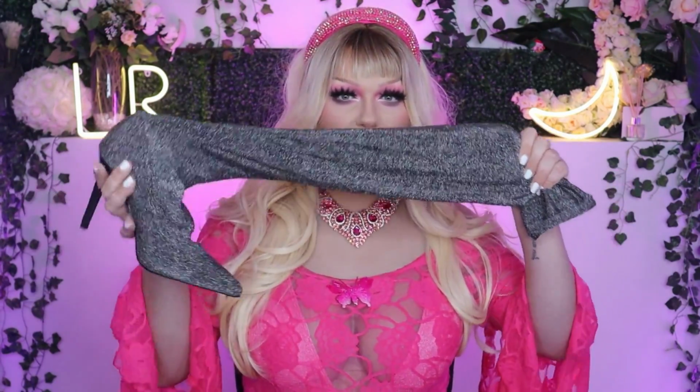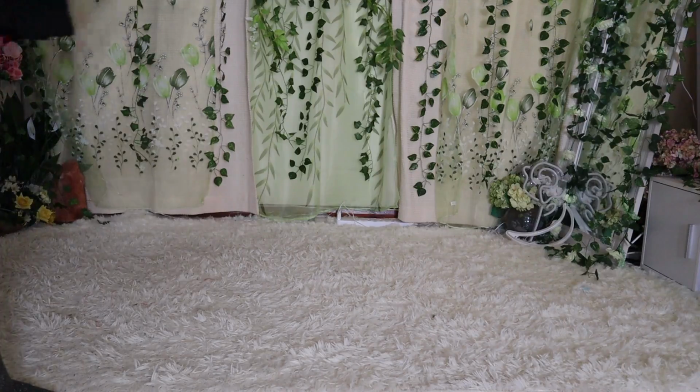Honestly, beautiful. The next heel that I ended up picking up is also in that kind of sparkly, reflective realm, and it also did remind me of the festive Christmas season, which pretty much inspired me to do this haul when I saw these shoes together. The next one I picked up is another thigh high, in a stretchy nice material with a solid pump base and almost a sock boot kind of covering,